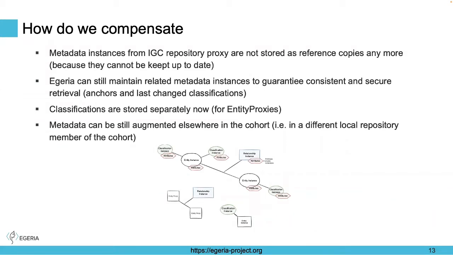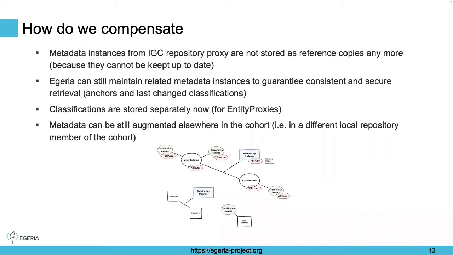But what that means, not having reference copies, or if you create reference copies during retrieval, is that you'll not be able to maintain those if you don't have proper event propagation. So from there, we made this component optional, as you have heard before, but that also means that we don't store the reference copies, and the entities are always retrieved at the point of querying, from the external repository.